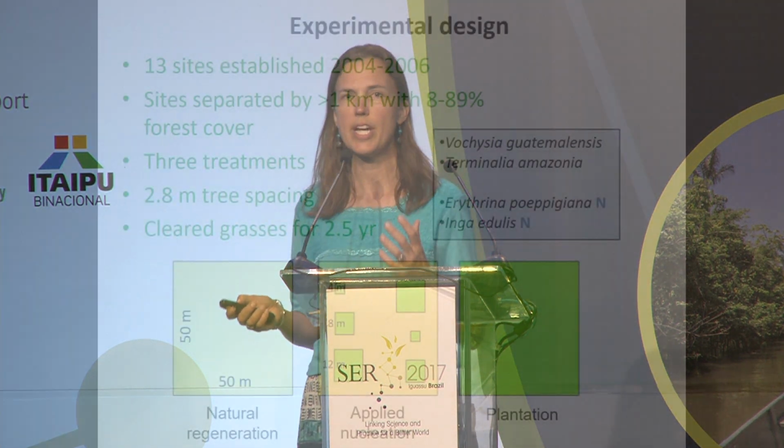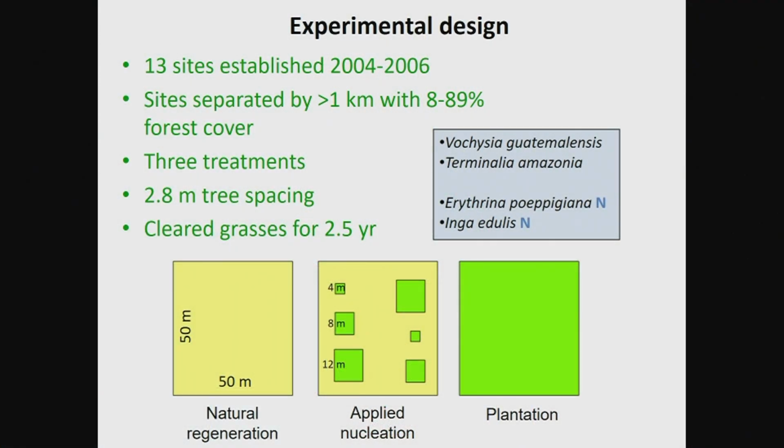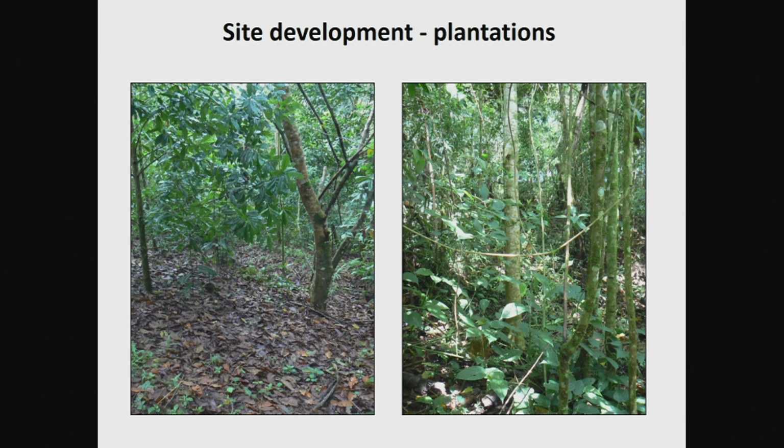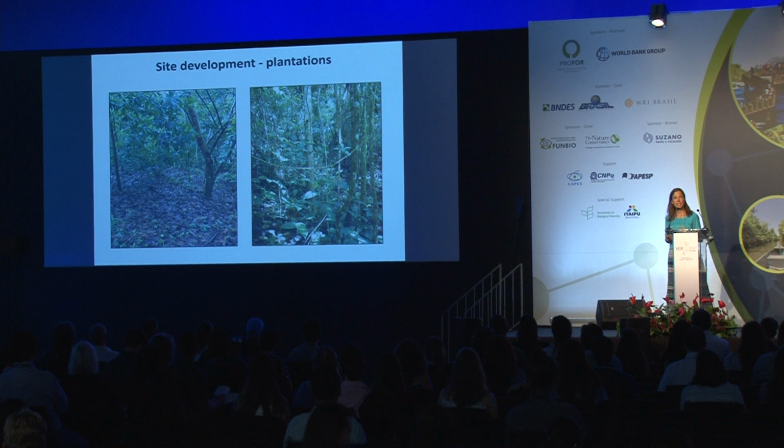We planted 4 species of trees, 2 that have some timber value, and 2 that are fast-growing nitrogen-fixing trees that provide shade in the coffee plantations. And then we cleared for 2.5 years, and then we let the system go. Just to give you an idea of what the sites look like,